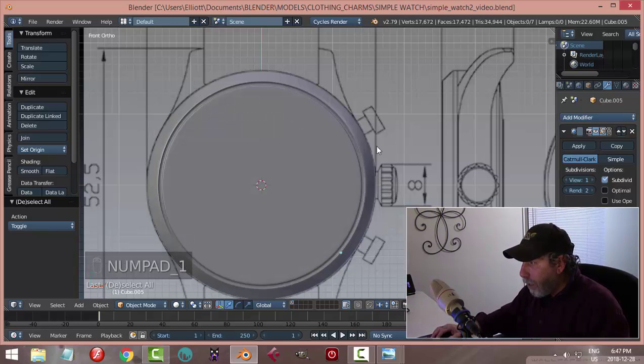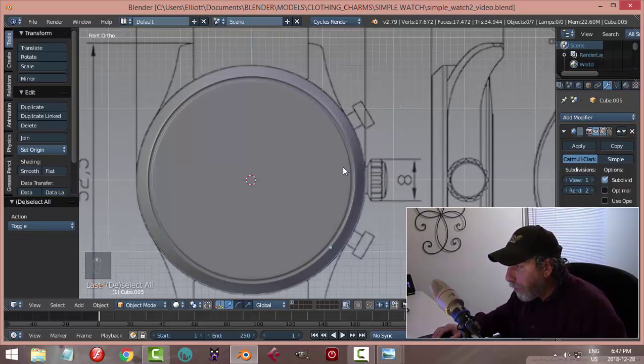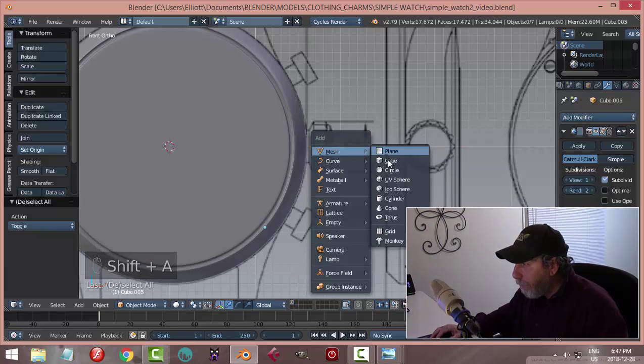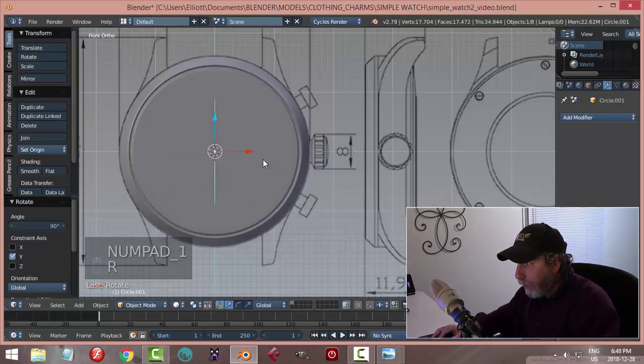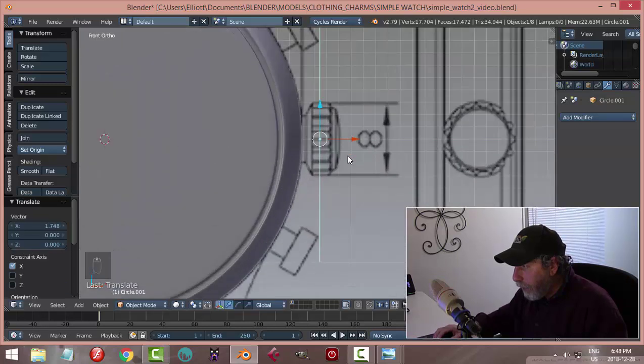Let's do these dials and stuff before we get into this stuff here. Okay, so we're going to work on this one here. My 3D cursor is right there, and so let's go Shift A, Mesh, Circle. Let's rotate this for the orientation of this. So we're going to rotate it this way. I want to swing this end up. That's around the Y. All right, so let's go R Y 90 and then bring it to somewhere in this vicinity,